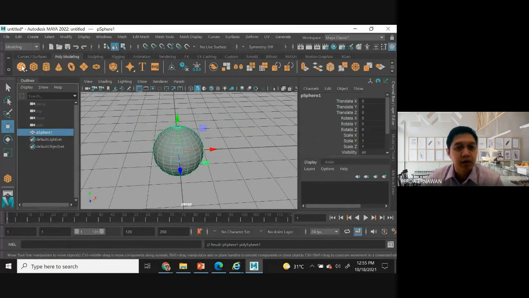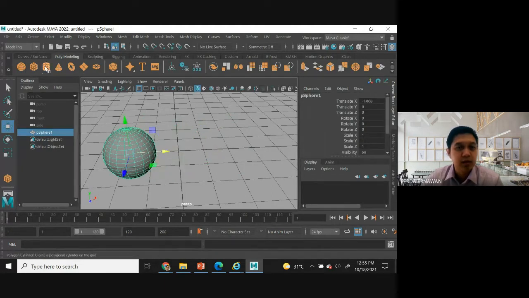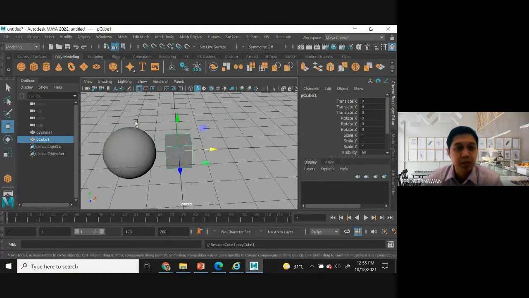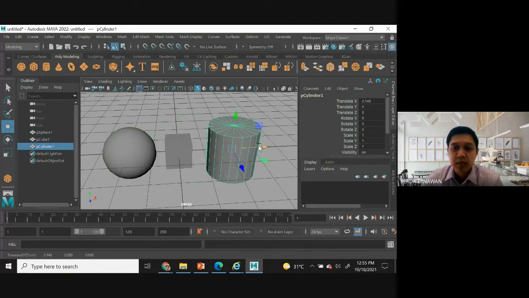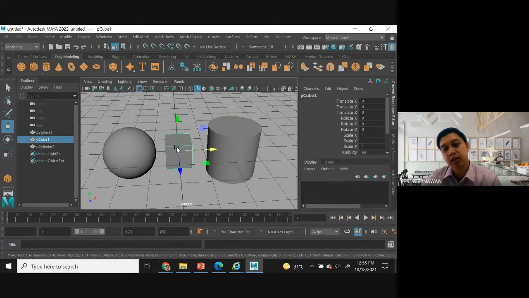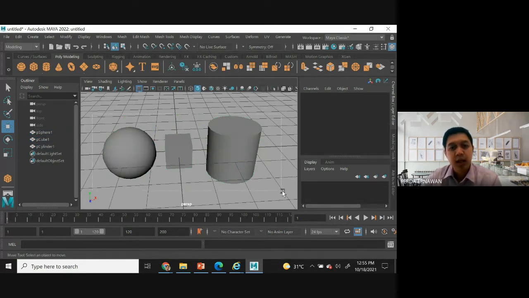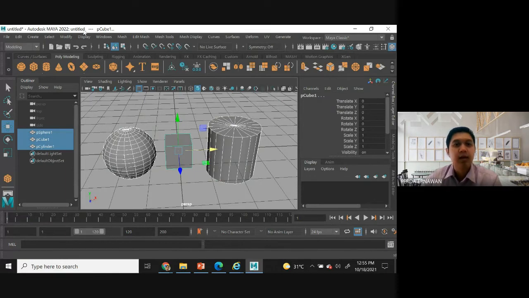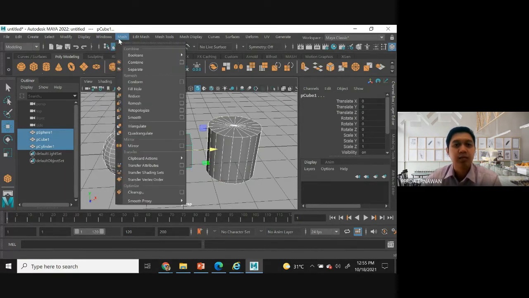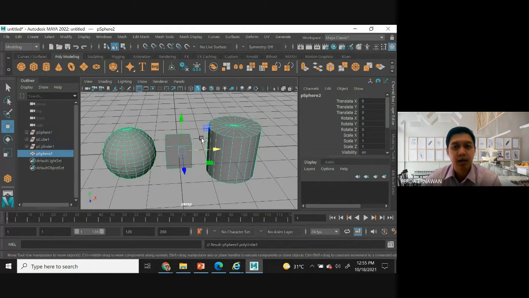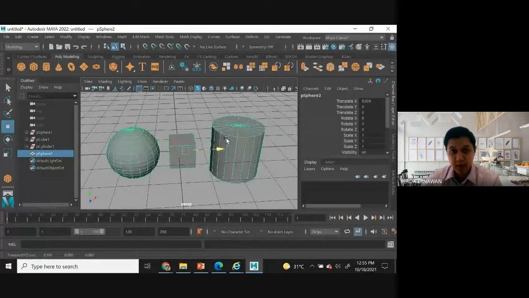I have a sphere, I have a cube, and I also have a cylinder. I have three objects. Then I try to merge. Windows, mesh, combine. If I move, all three of them will be moved.